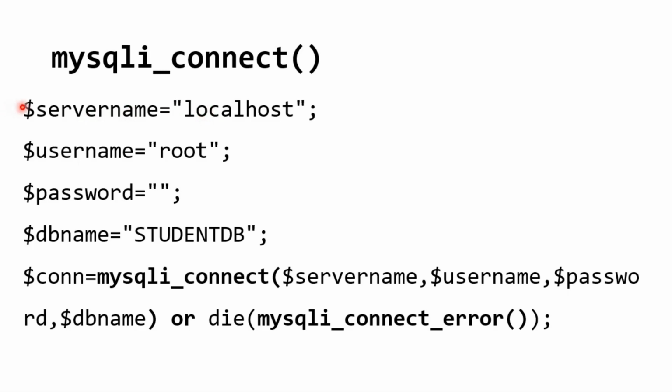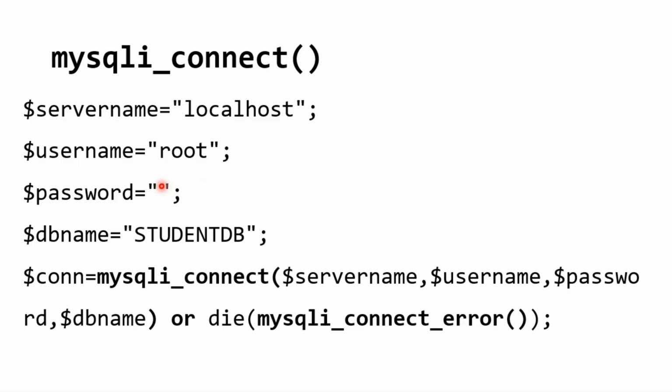I have stored the server name in a variable, $servername. It's a string, just a variable. My server name is localhost because I know that my database is on my laptop or desktop, here in the local system. Username and password: username is root and password is null. This is the default username and password given by MySQL for security purposes. You can explicitly change the username and password, and you can give the same username and password here in order to communicate.